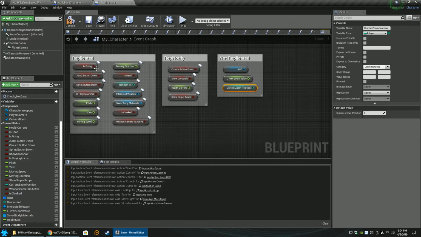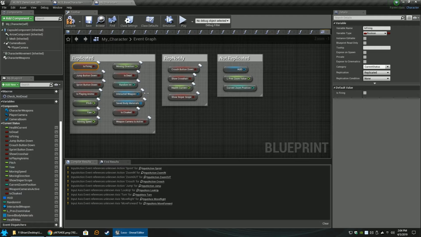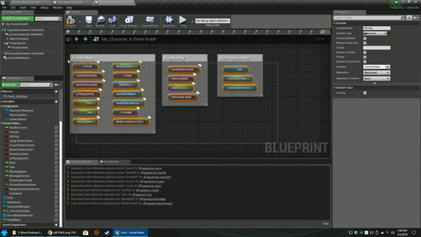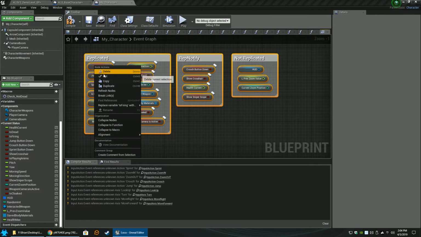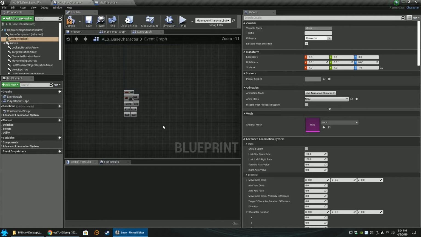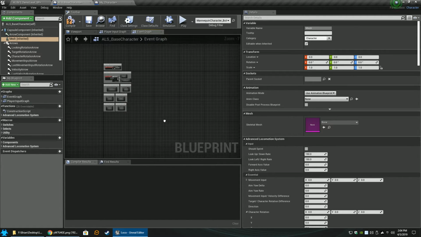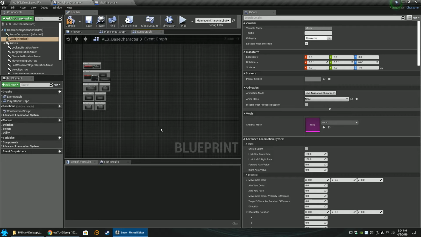And we don't need to change any settings here because these are all correct, since we are bringing these over. But we will want to have them for reference going back and forth to make sure that, for instance, health current, the default value will be 100 because you'll have 100 health. This is something you could change, but we'll want to make those all the same so your character doesn't die immediately upon spawning in. So go ahead and select all those, right click, hit copy, and then go to a blank area of the ALS base character, paste that in there,